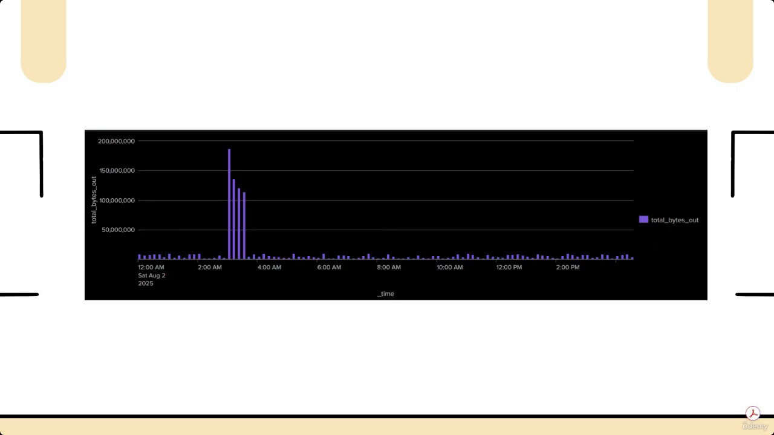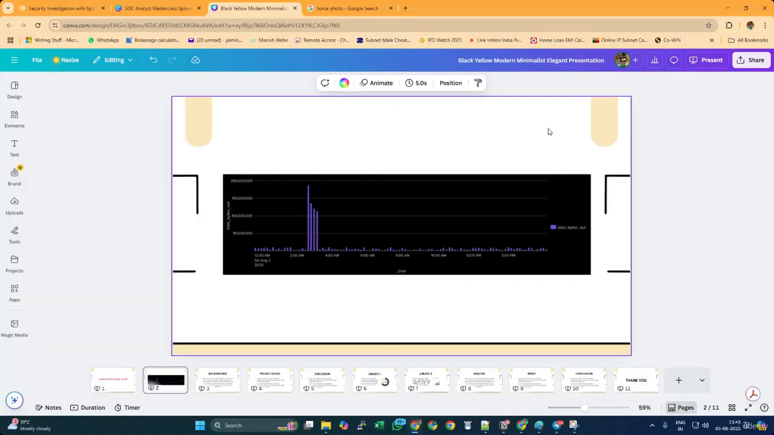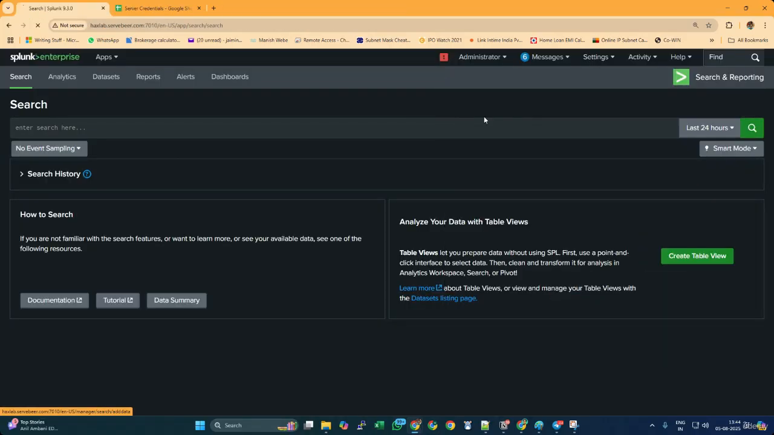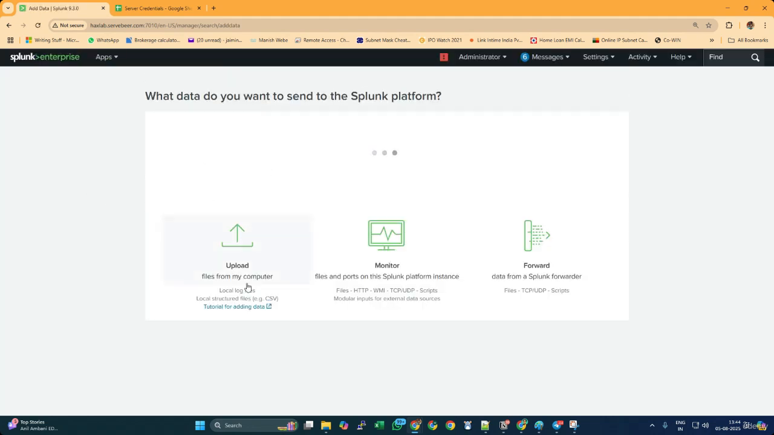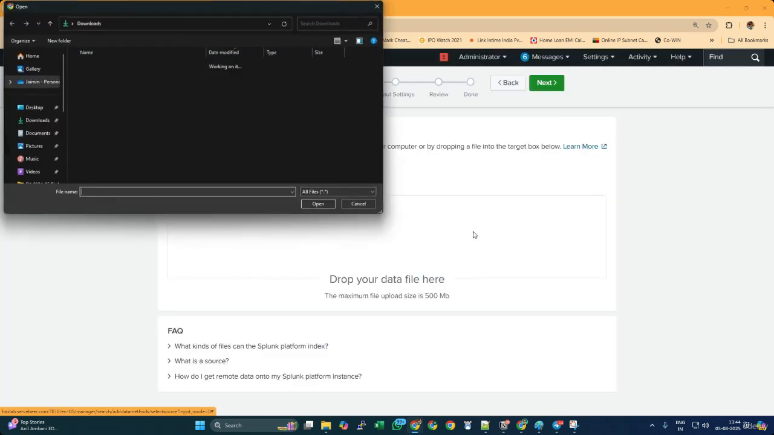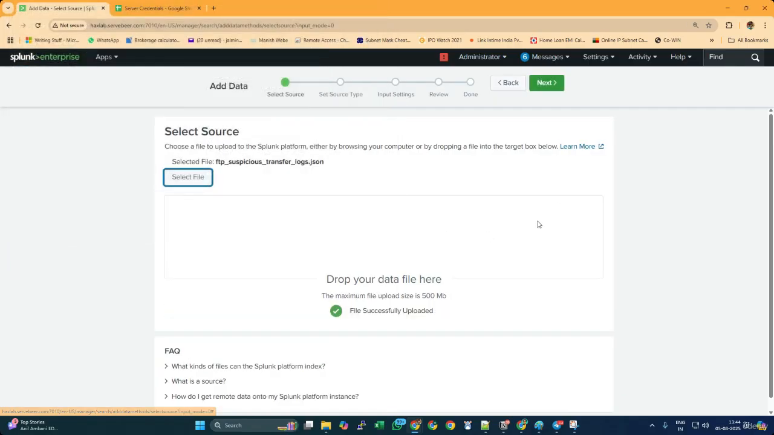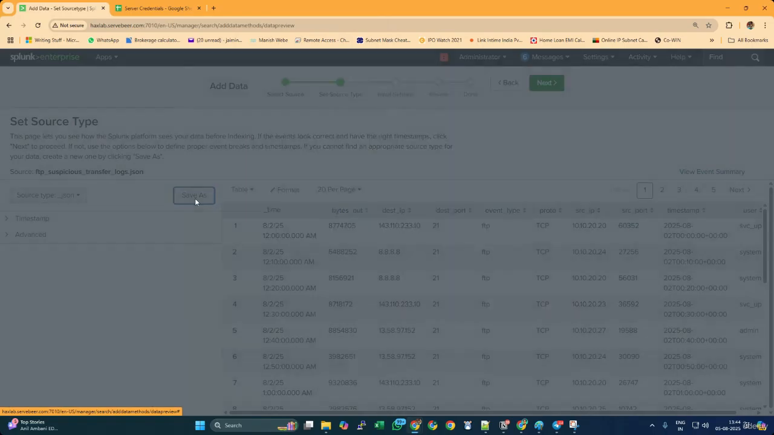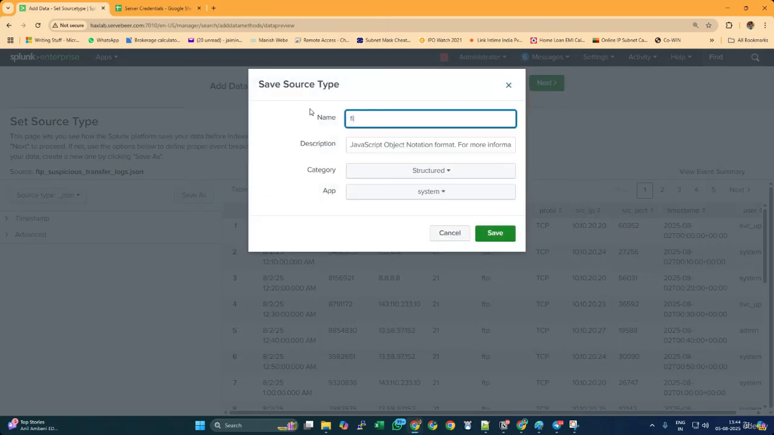So I have the logs from the firewall, in JSON format, which I am going to ingest in this Splunk. I'm going to upload the firewall file from my machine. So I'm going to select the file, and then next. I'm going to make the source type firewall_logs. Next,